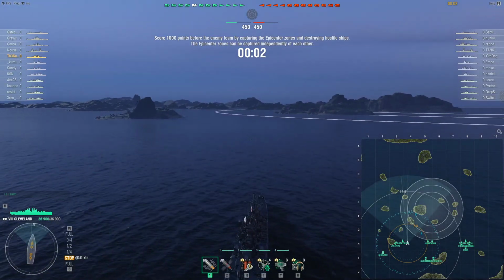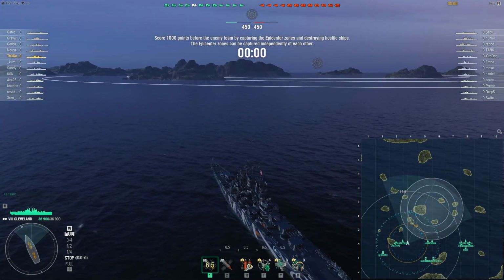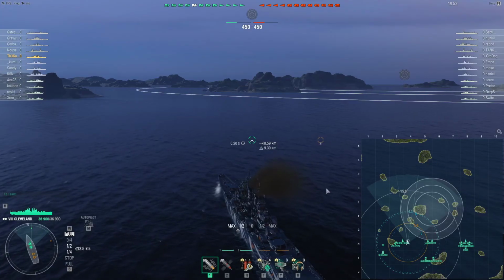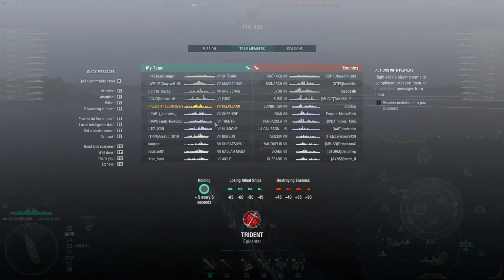Ye old Cleveland and top tier matchmaking. Anyhow, here today in what I hope to have as my final game in the USS Cleveland, the Tier 8 American Tech Tree Light Cruiser. Here today on the map Trident, mode is Epicenter sadly, but we are fortunate enough to be top tier in 6 to 8 matchmaking. Up against an enemy Shokaku, Monarch, Leon, Fuso,